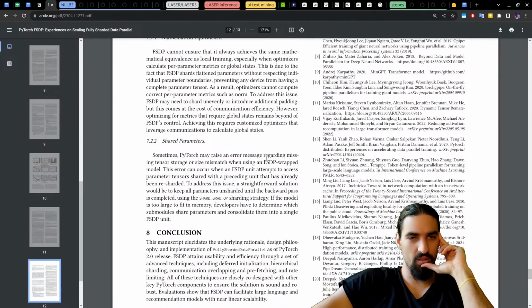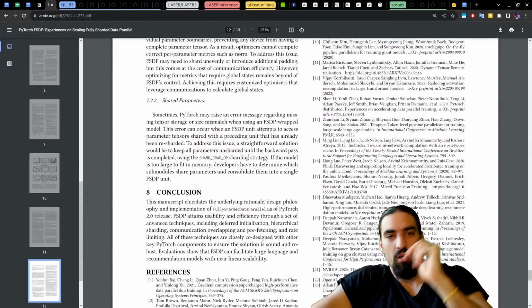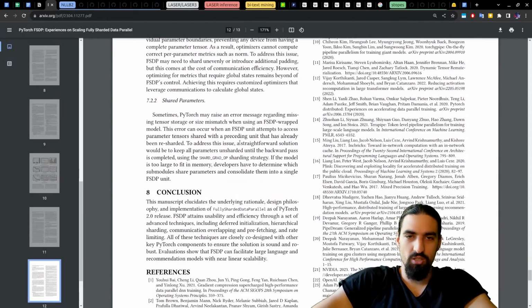calculate global states? Okay. Sometimes PyTorch may raise an error message regarding missing tensor storage or size mismatch when using an FSDP wrapped model. This error can occur when an FSDP unit attempts to access parameter tensors shared with a preceding unit that has already been resharded.